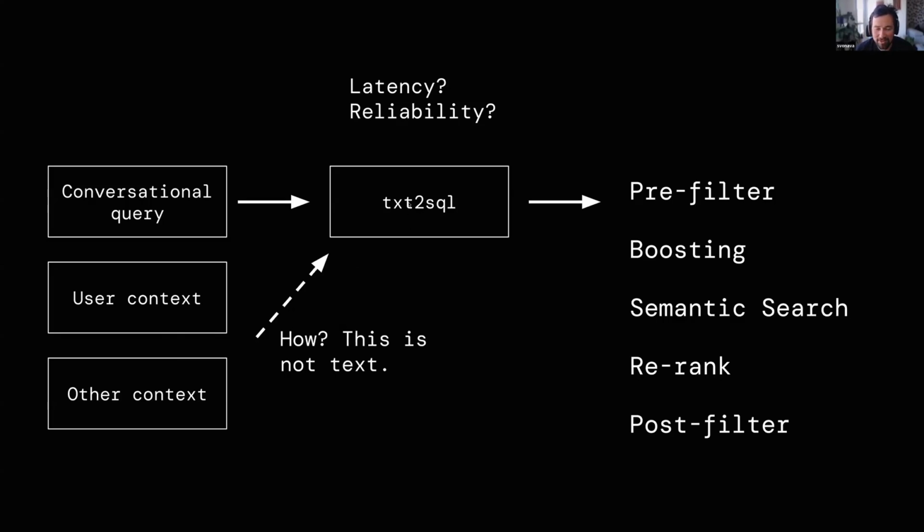So if the whole thing we have here in the middle takes us from text to, let's say, a SQL query or Elasticsearch query, then you have to feed it text, right? And if you have a bunch of clicks, how does that work? And then, of course, the problem of text to SQL is the latency, right? A big SQL statement or Elasticsearch query might be hundreds of lines of JSON. So how is the latency on that?